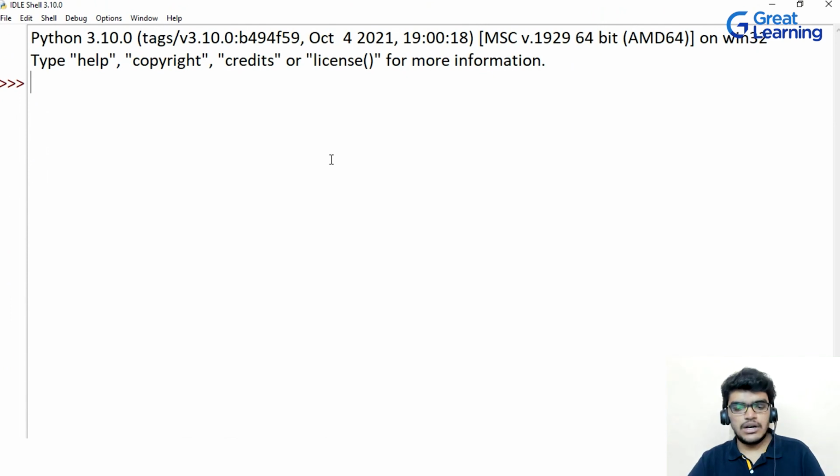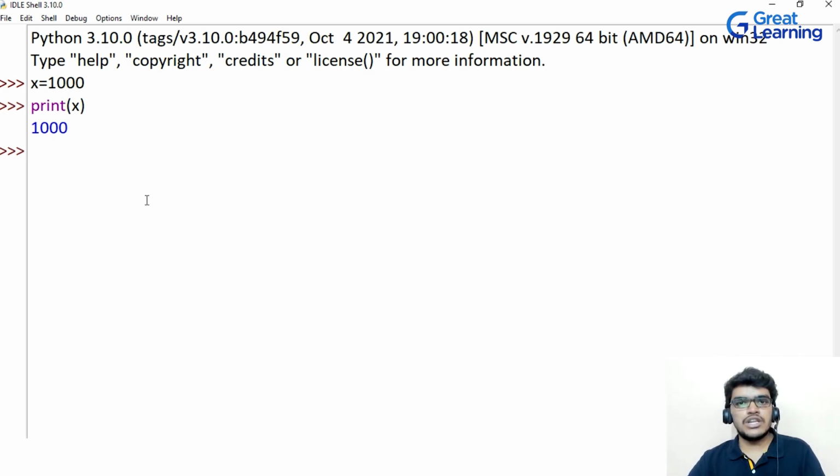So let's suppose if I'm writing here x is equal to, let's suppose 1000. And if I want to print out this x, then I will write here print x. So you know that 1000 will be executed here. So we know that inside this x variable, I have assigned the integer value 1000. So as soon as I will hit enter, you will see that 1000 I am getting in my output.